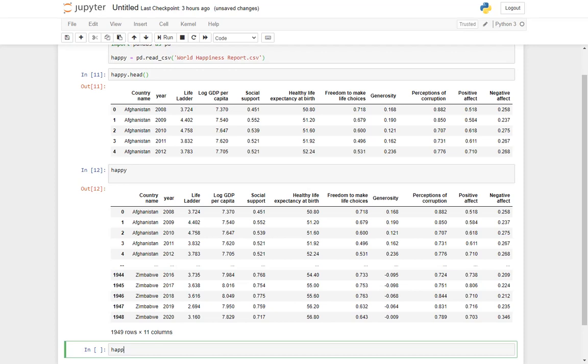Now this structure, ये जो table दिख रहा है, it is called a data frame. This particular data structure is called a data frame. When we read any file using pandas, it gets stored as a data frame. As you can see, it is very attractive.